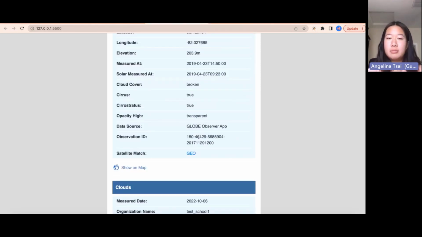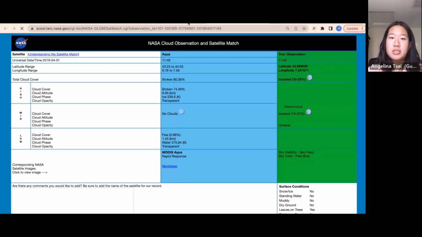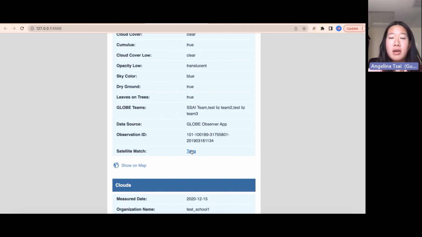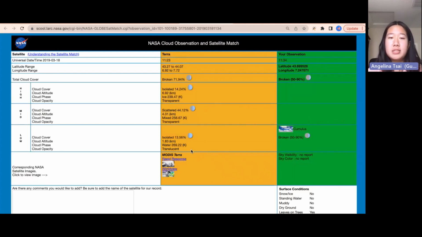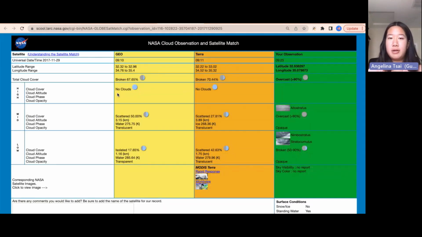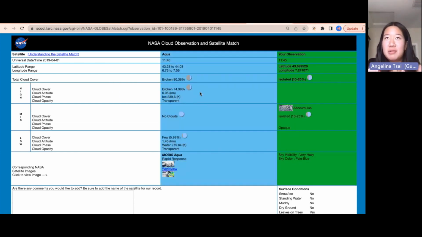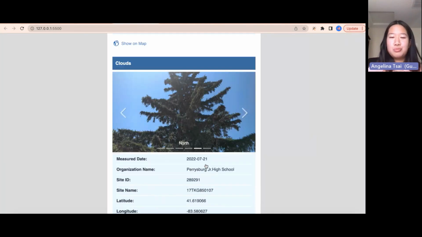Just a quick introduction to Geo and Aqua. Geo, Aqua, and Terra, if you match to multiple satellites at once, they will all appear on the same page, just like this: Geo, Terra, and sometimes Aqua. If you only match to just one satellite, then you will just have Terra or Aqua. Aqua is now retired, so that reads NOAA now, and my code does work to read for NOAA and Aqua. So it reads for all time frames.